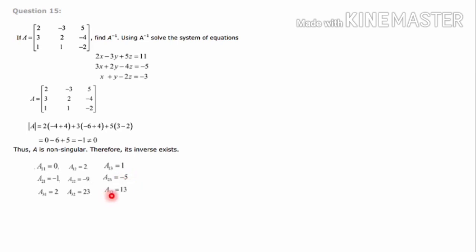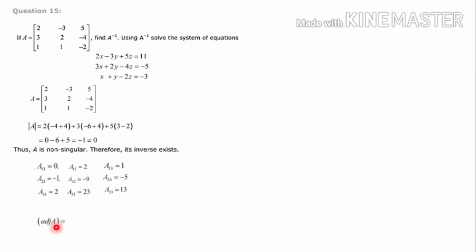Next one is A33. When you take A33, third row, third element. Third row, third element is minus 2. If you take minus 2, that row and column is gone. 2 into 2, 4. Minus into minus plus. 3 into 3, 9. So 9 plus 4 is 13. Plus 13. Here 3 plus 3 is 6, an even number. So sign is positive. So the final answer is plus 13.